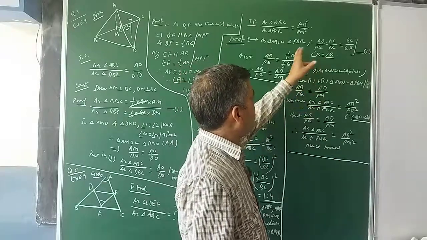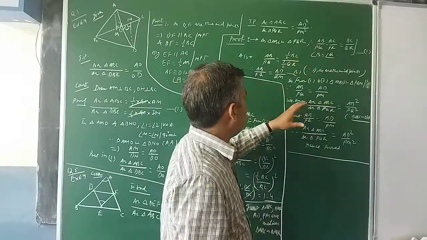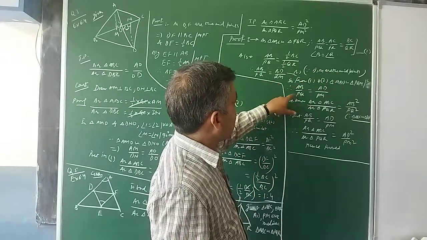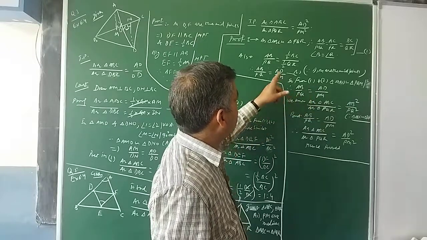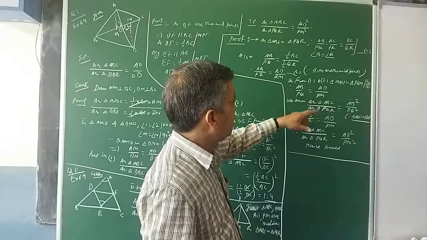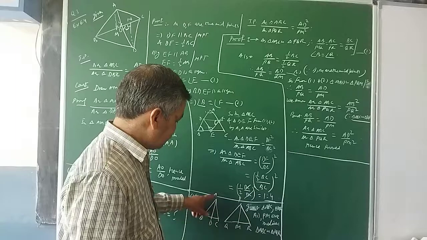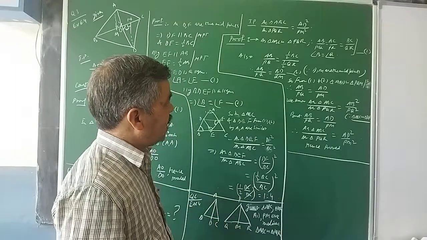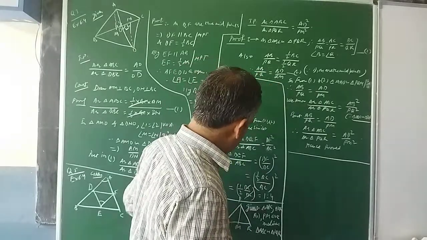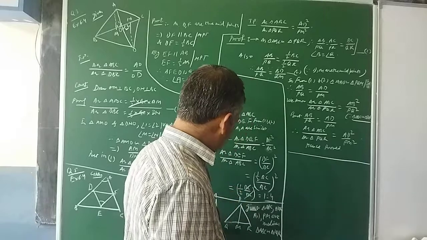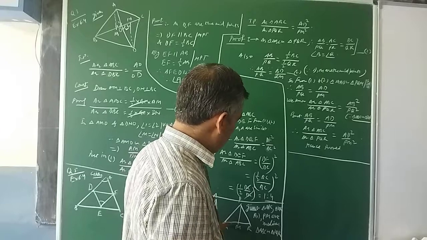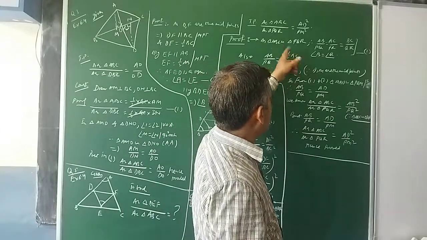So from 1 and 2, now here you said AB upon PQ is equal to what? AC upon PR or BC upon QR. So here you are saying that is equal to AD upon PM. Now AB upon PQ is equal to BD upon QM, this upon this is equal to this upon this, because I have taken half of BC and half of QR, and angle B is equal to angle Q. So angle B is equal to angle Q I mentioned there.